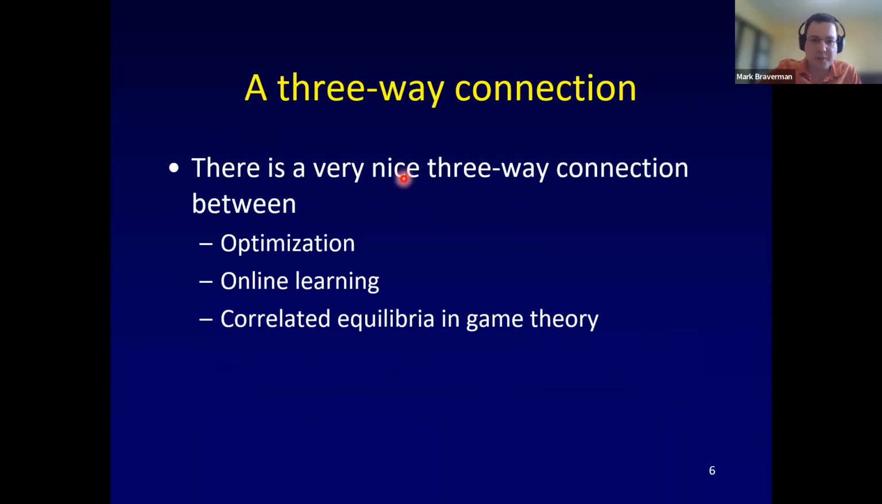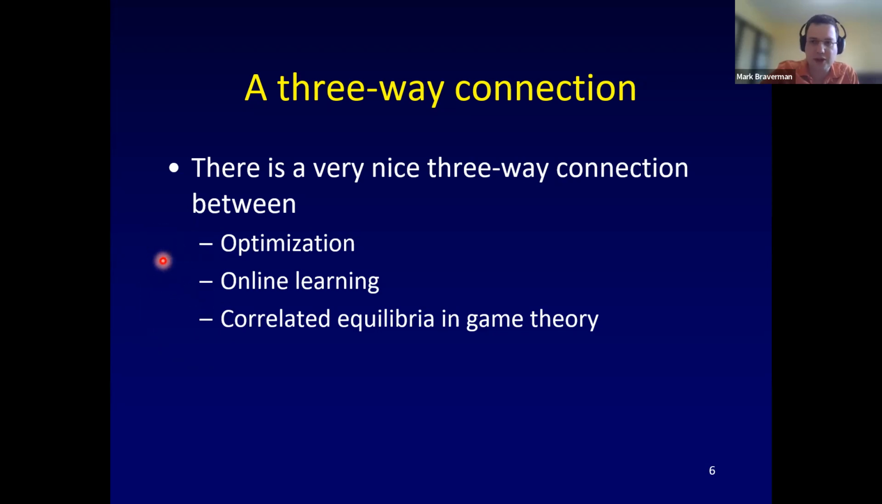So the departure point for this work is a three-way connection between optimization, convex optimization, but also other forms of optimization, online learning, and concepts from game theory of correlated equilibria. And every pair of those has been explored extensively. We'll make use of all three simultaneously, but